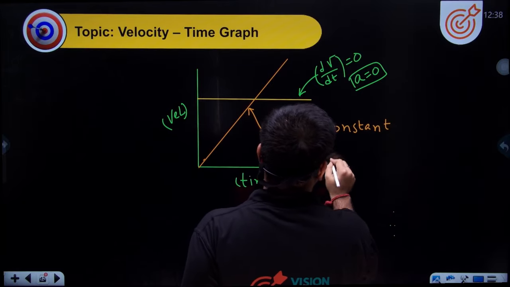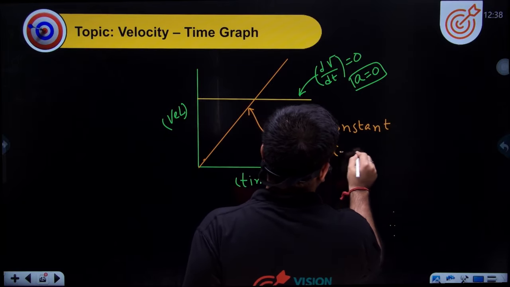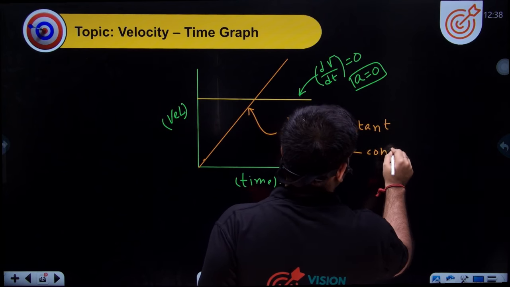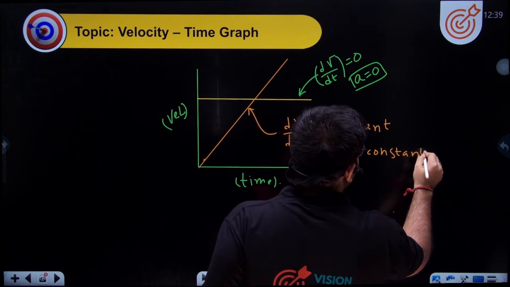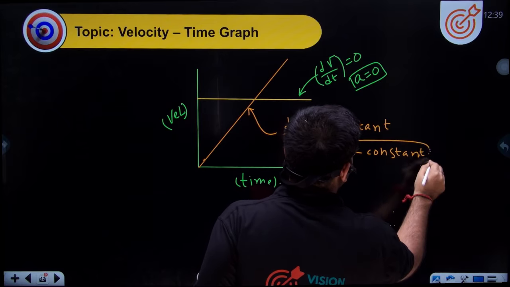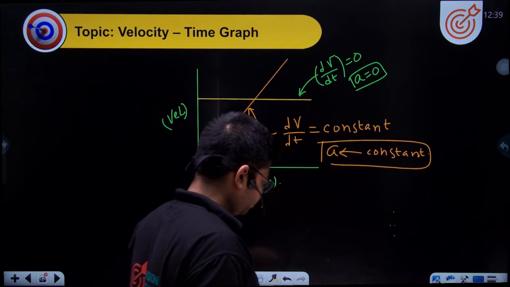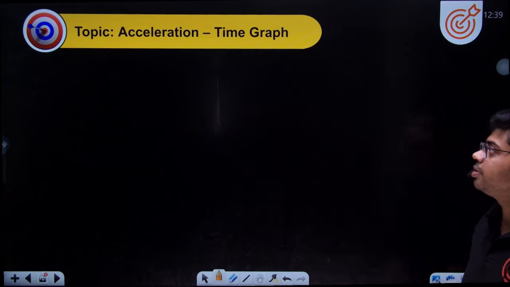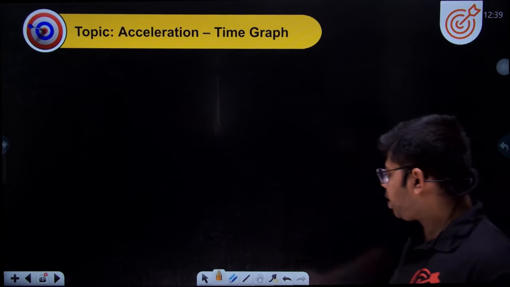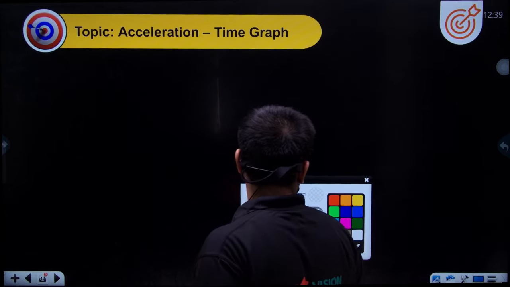So here my acceleration is basically constant. We'll have a constant acceleration in this case. Now, if I plot the acceleration time graph,